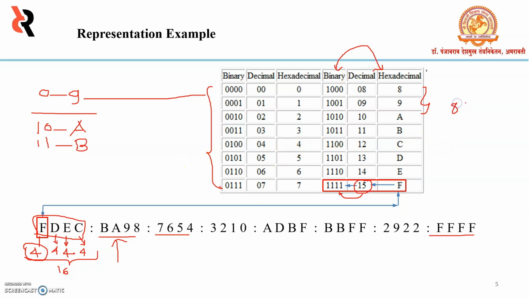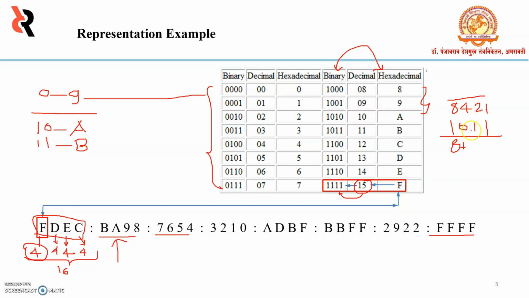Write down 8, 4, 2 and 1, and we'll add these 4 bits. Suppose here randomly I took 1, 0, 1, 1, which means 8 plus